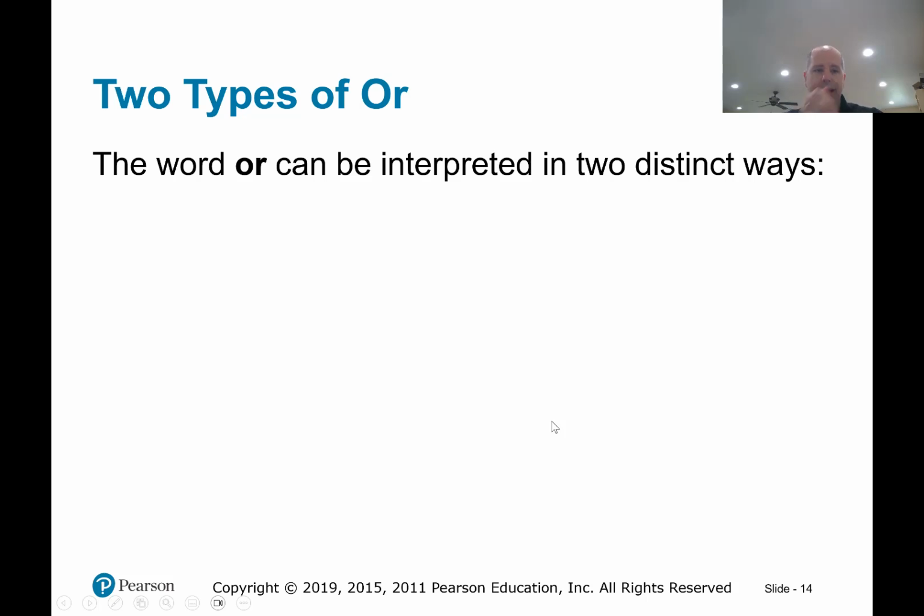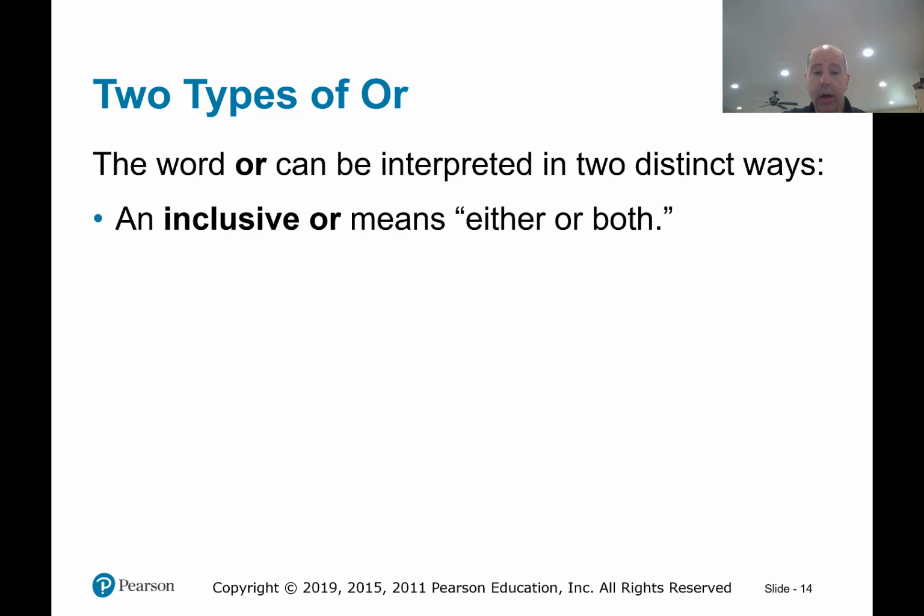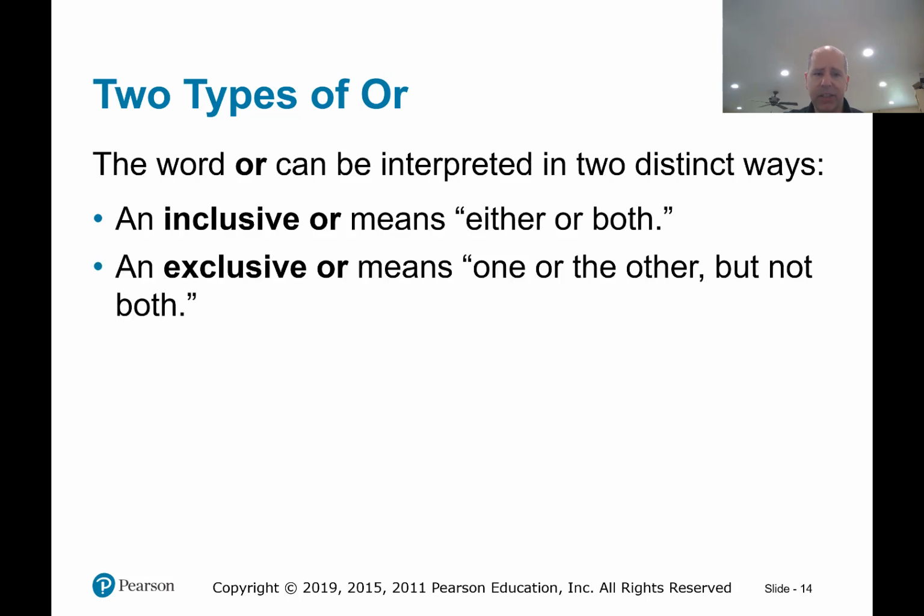All right, now, or. Now there are two different ors that we have to consider. One is an inclusive or, which means either or both, right? So it includes the possibility of both being true. Then there's an exclusive or, which means it's one or the other, but you can't have both. Okay, right. Now what's the difference? Inclusive or would be,